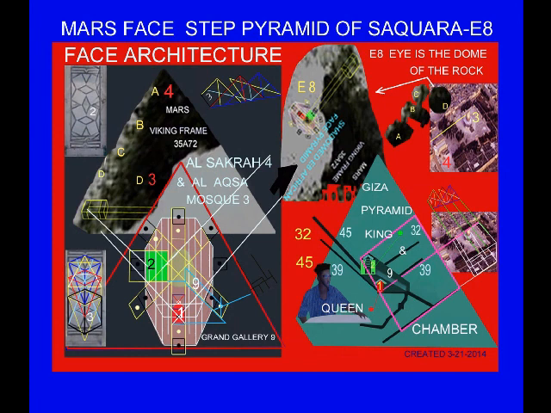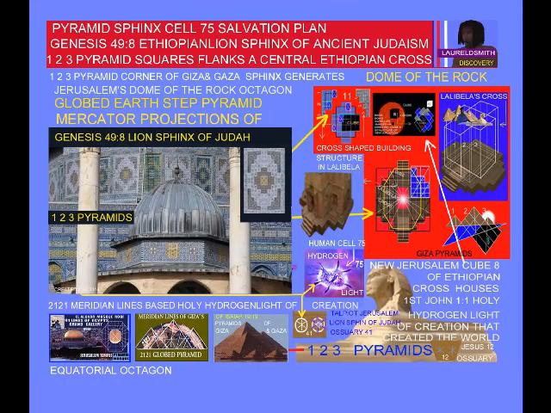Now, if this turns out to be astronomically correct, okay, by modern astronomers and microbiologists and archaeologists concerning the dominant rock outer wall stone rectangular window frame 1, 2, 3 group in the pyramid squares that's seen flanking the central Ethiopian cross, okay, then we have uncovered the common Ison